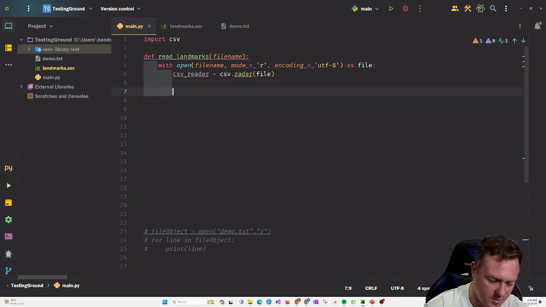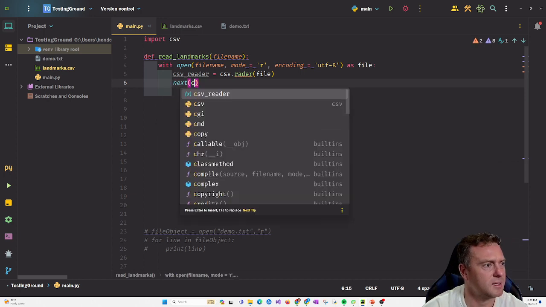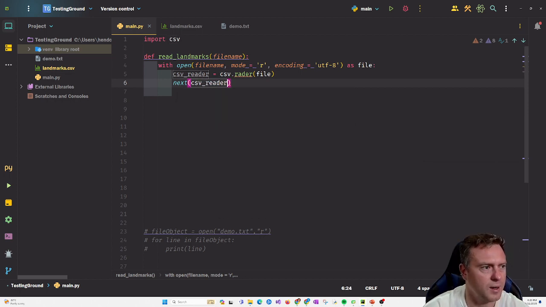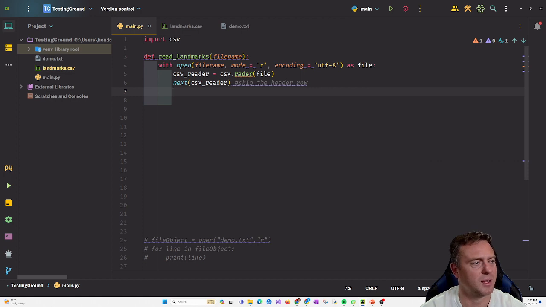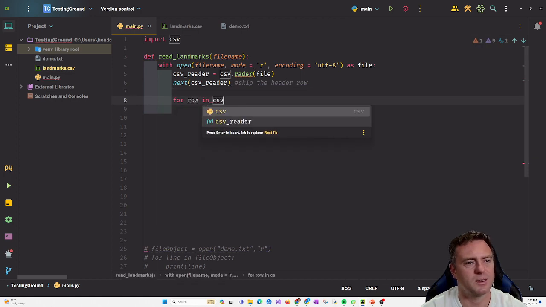And then we can actually access the next function, which will pull out the next row from the CSV reader, which will then skip the header row. So that first row that says the name, the city, the location, and the fact, that gets skipped by doing that. For row in the CSV reader,